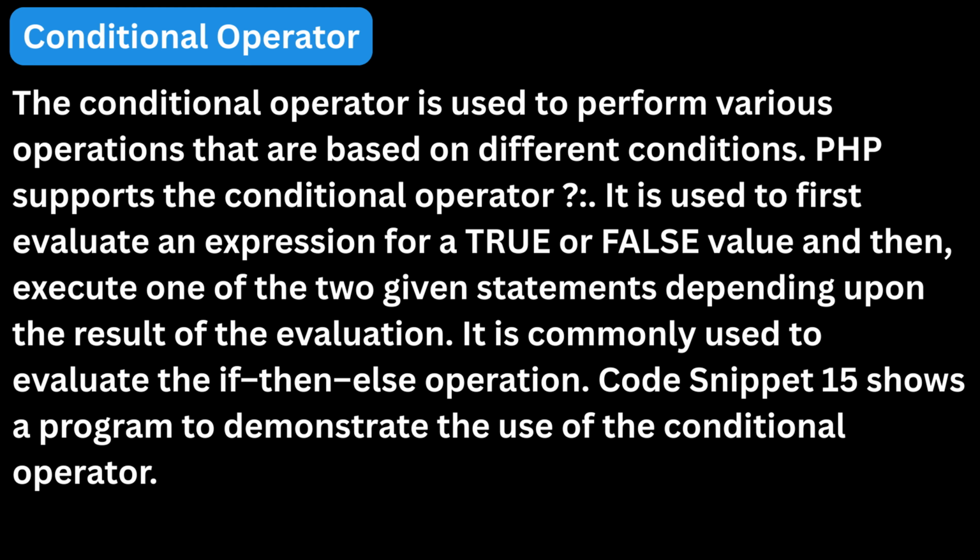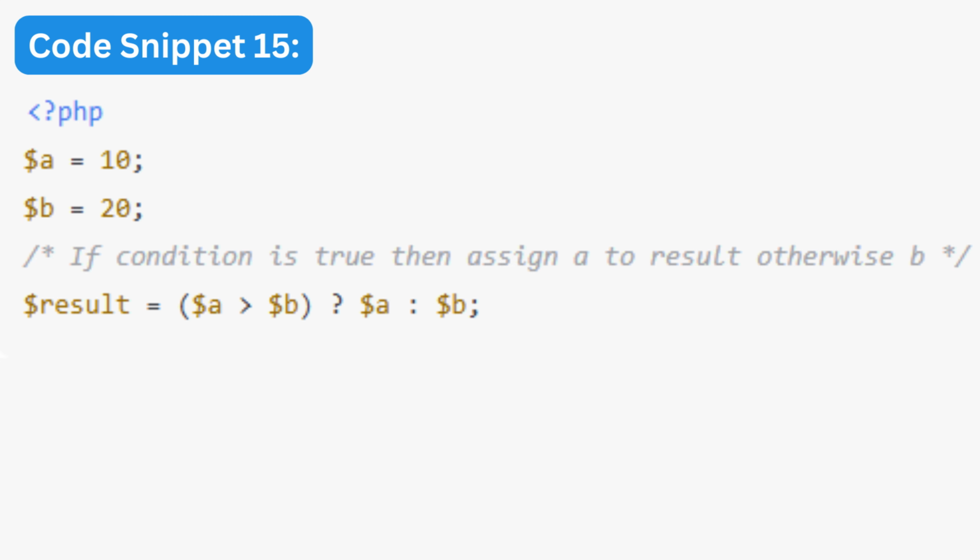In the next part, Code Snippet 15 will show a practical PHP program that demonstrates exactly how this operator works. By examining the snippet, you'll see how the ternary operator evaluates a condition, chooses one of the two possible outcomes, and displays the result instantly. Understanding this operator is essential because it gives you a powerful and efficient way to perform decision-making within your PHP programs. Now let's take a look at Code Snippet 15, which demonstrates exactly how the conditional or ternary operator works